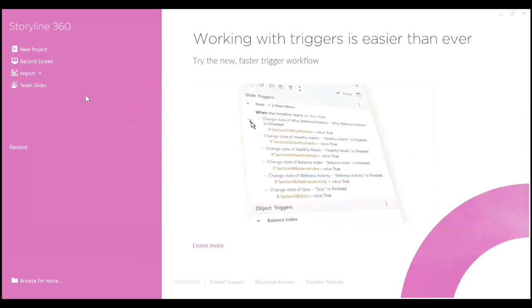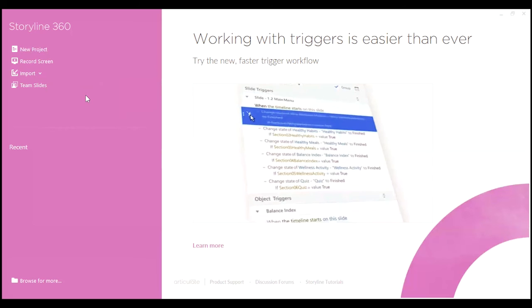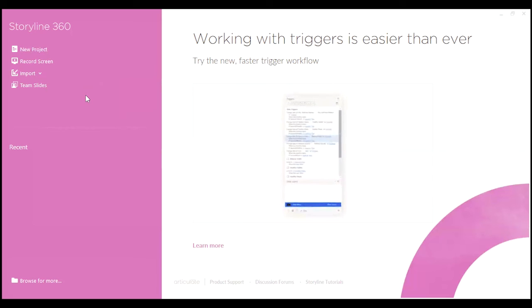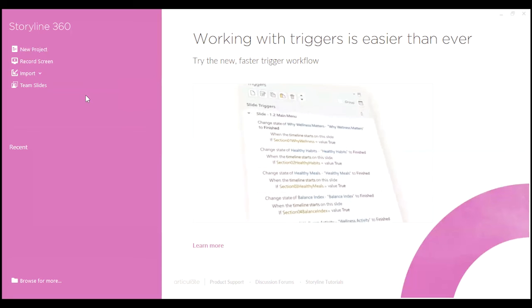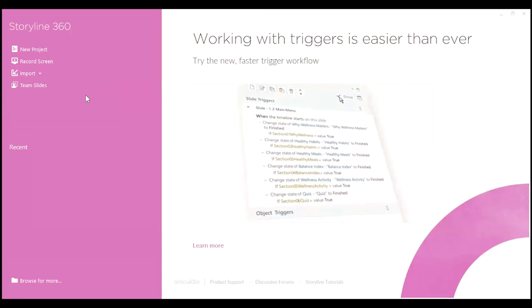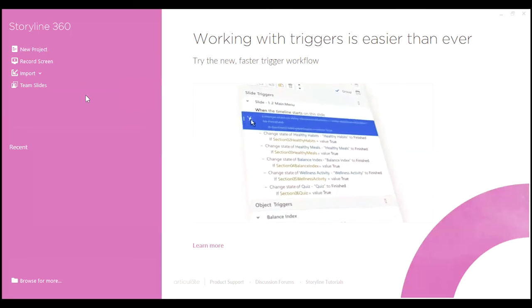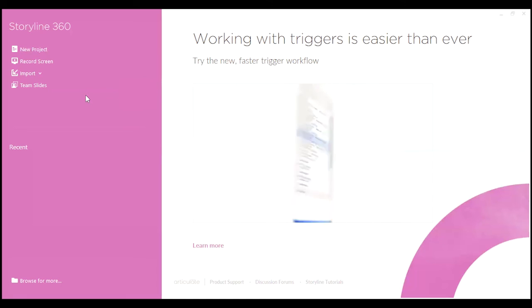The fourth option is Team Slides. Team Slides is basically a tool in which you can virtually work together as a team, and you can identify any emerging problems, and also have constant feedback and get updates that are very much necessary in order to move collaboratively in a process.